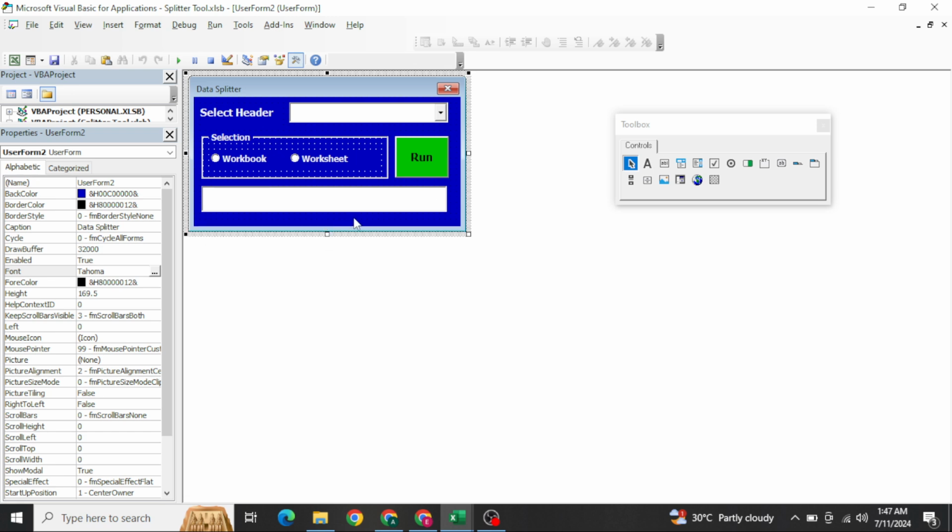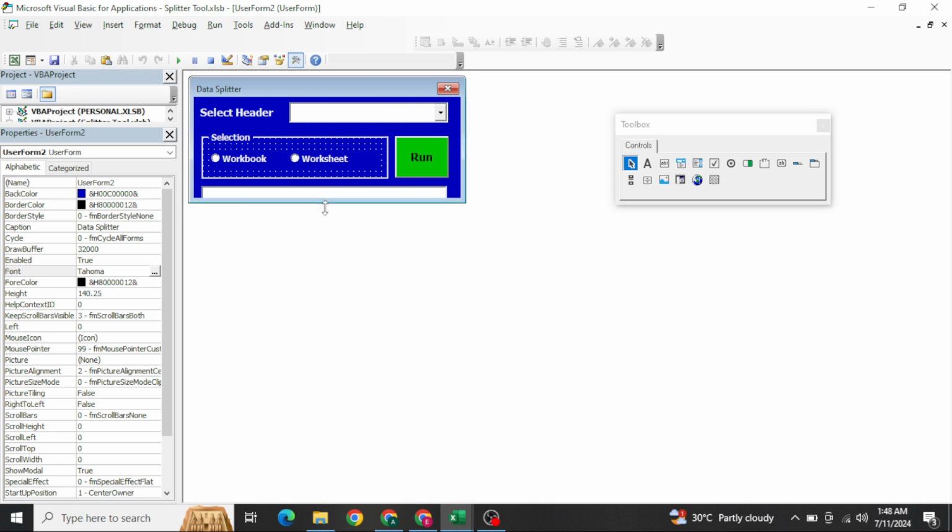As soon as the user clicks on the macro, it should come up. But in the initial stage, until the user clicks on this particular workbook, it should be hidden. So here you can see the height of this user form is right now 169. Let's keep it as 165, and if I hide it till here, it will be 125.